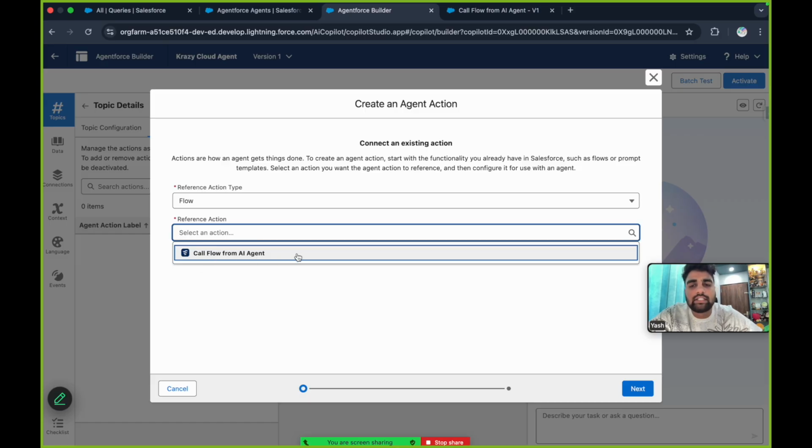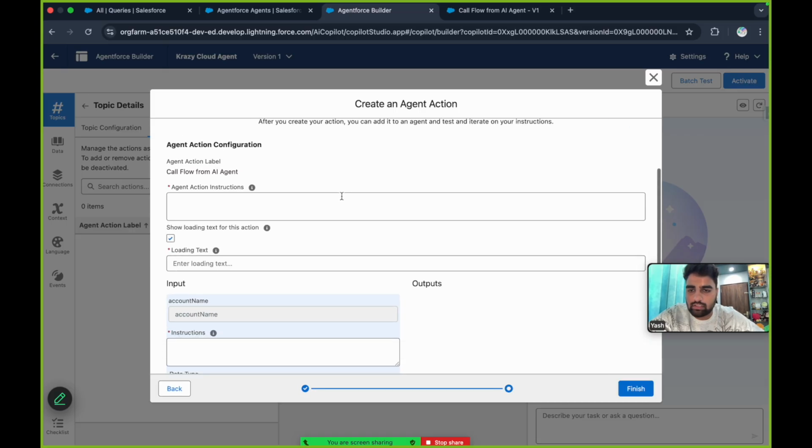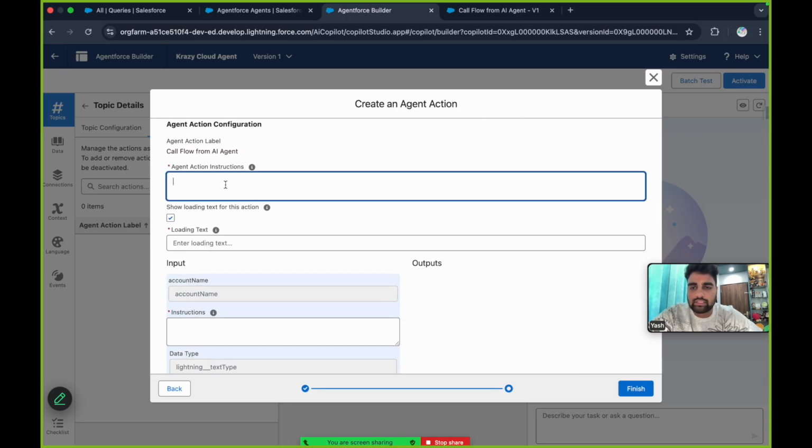Right now you can only see one flow here. Why? Because you can only get the list of active autolaunched flows here, right? So let's click on this. Next, agent action instructions, right? So call this flow and pass the account name when the user asks